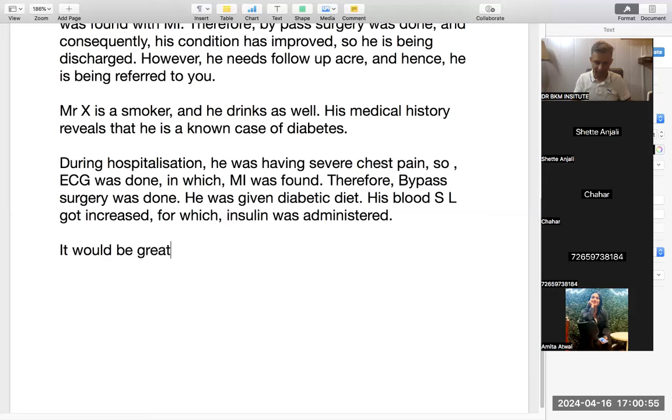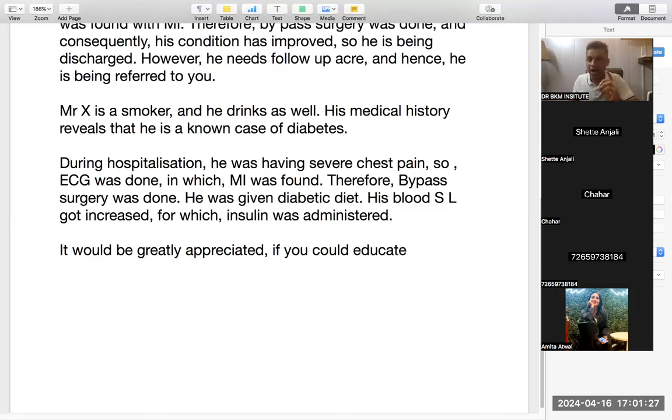It would be greatly appreciated, comma, if you could always use this sentence for the discharge plan. Now, whatever is given, so if you could help the patient, or if you could educate the patient about diabetes, or if you could educate the patient about myocardial infarction, about how to recover. So whatever the point is given, first line should always be, it would be greatly appreciated if you could